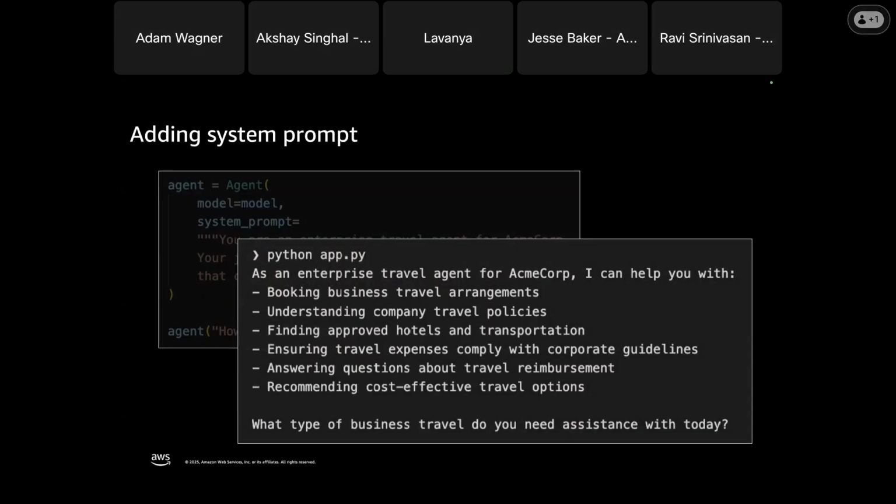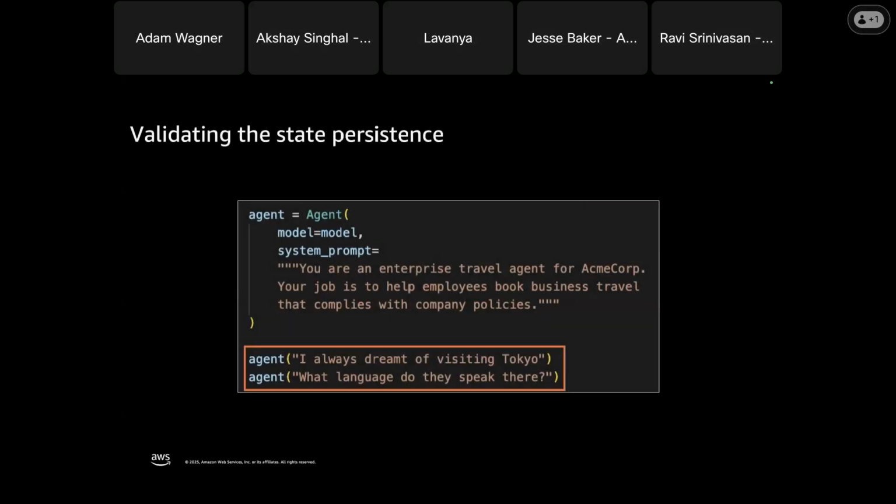We talked earlier about how the history of what you've sent to an agent before is very important. And one of the things that Strands is doing for you is it is going to create the session persistence so that when you're talking to an agent, it knows the previous questions that you've asked the agent and its previous responses. And so let's prove that out.